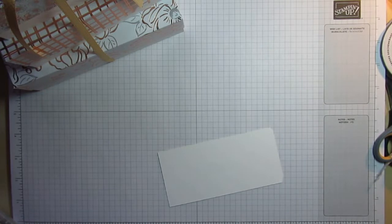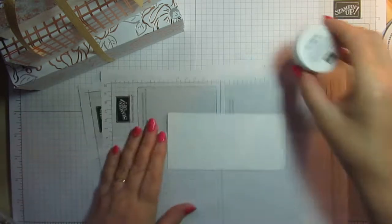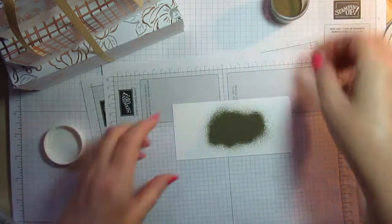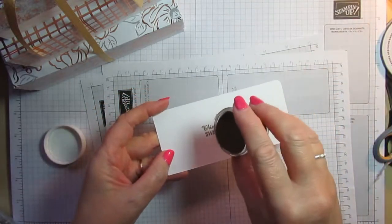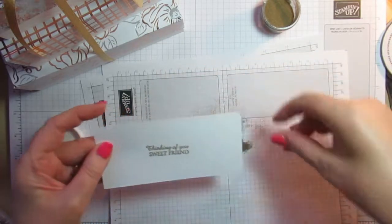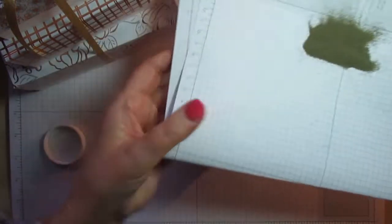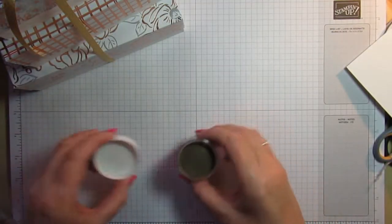So I will just grab my gold embossing powder and a scrap piece of paper and just throw that over my sentiment. Tap that off and just do it one more time just to make sure. There we are, and make sure there aren't any rogue bits before I get my heat gun. And it isn't plugged in, but at least I've remembered that this time, so I'm just going to clamber about in a second once I've got rid of this powder and plug that in. So get rid of that